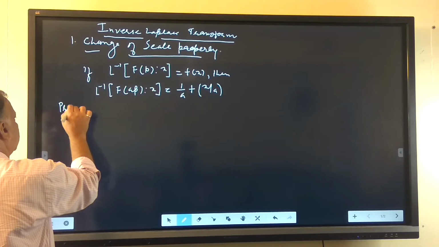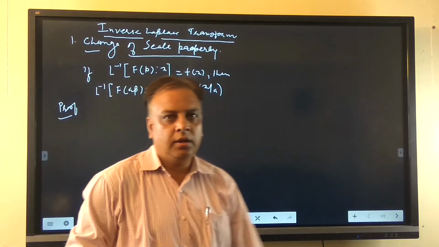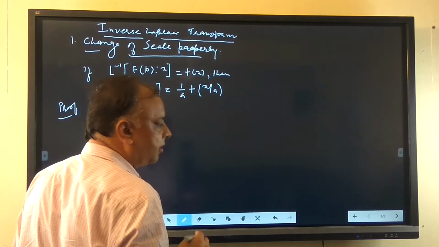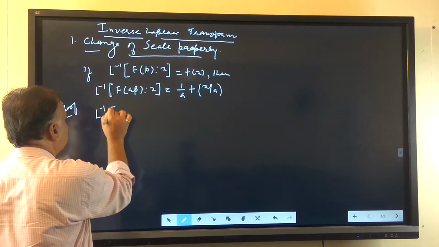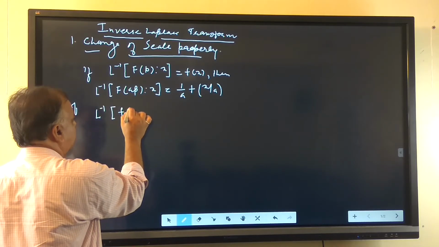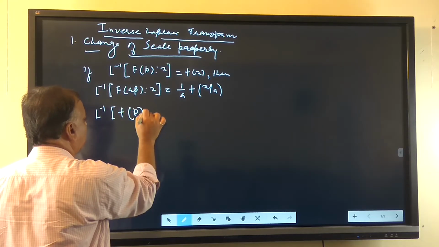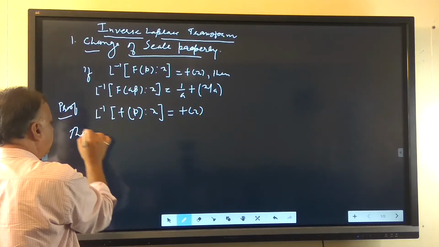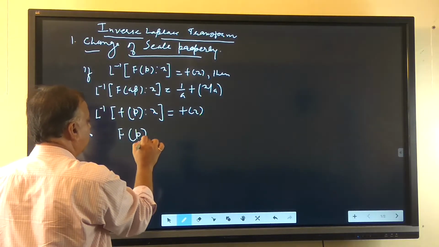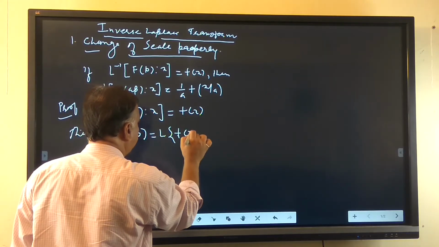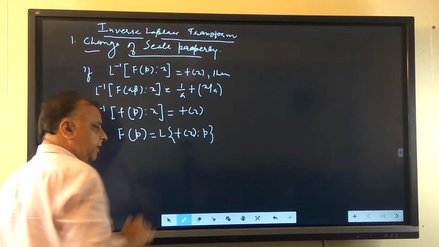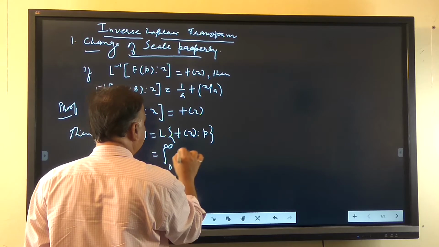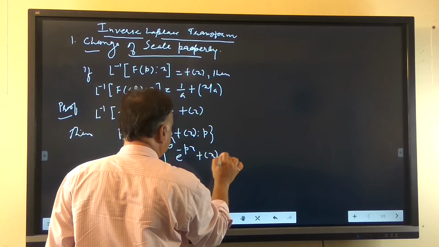The proof of this property is obtained by the definition of the inverse Laplace transformation, which shows that the inverse Laplace transformation of a function F(p) with respect to x is equal to f(x). Then, by the definition, F(p) is equal to the Laplace transformation of f(x) with respect to p, and by the definition of the Laplace transformation of a function f(x), this is equal to the integral from 0 to infinity of e raised to minus px f(x) dx. (1)